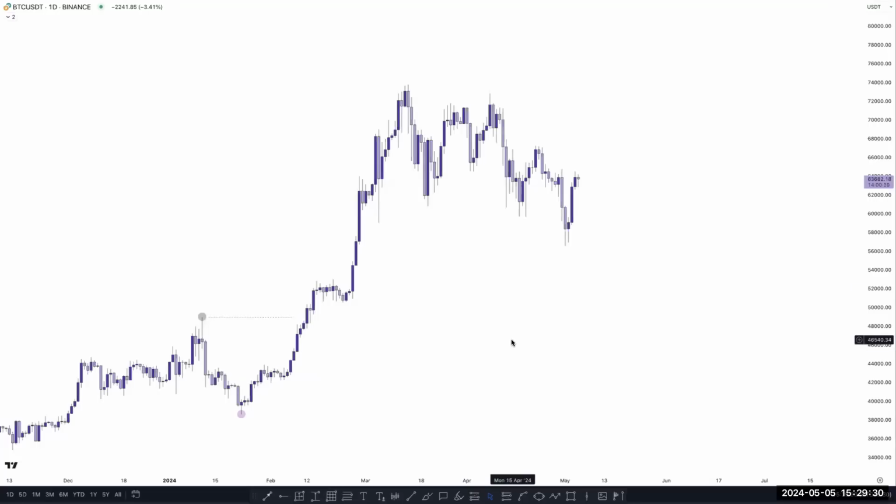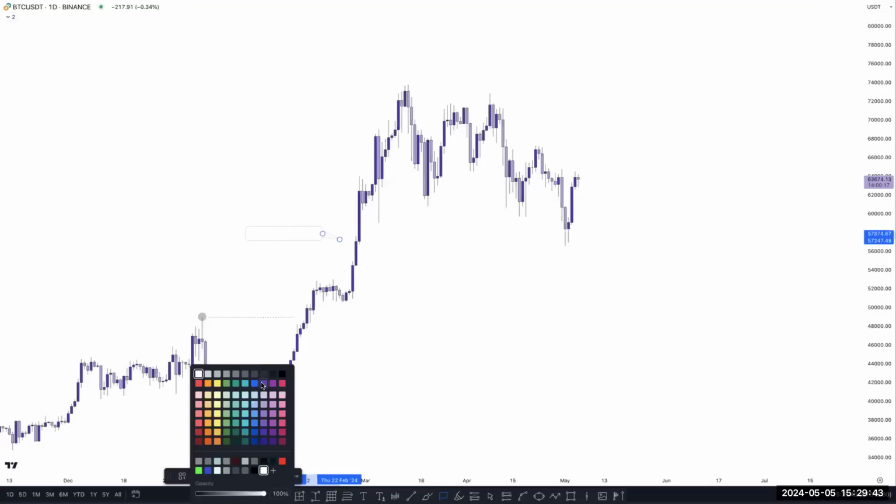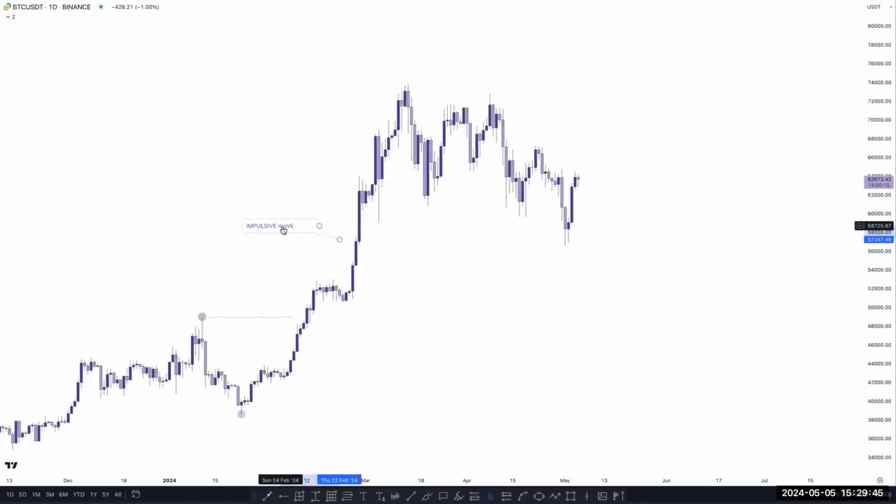So in terms of the price action, what we are looking here? Simply you need to identify impulse and corrective phase. So right now, this is our impulsive move to the upside. Why? Because market momentum is bullish and we are looking for the higher. And this is a strong move to the upside.